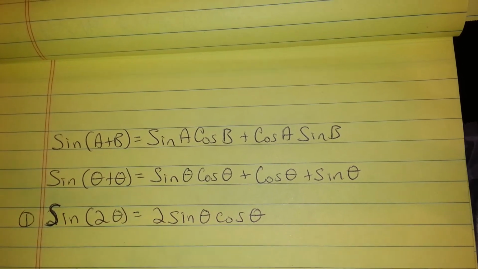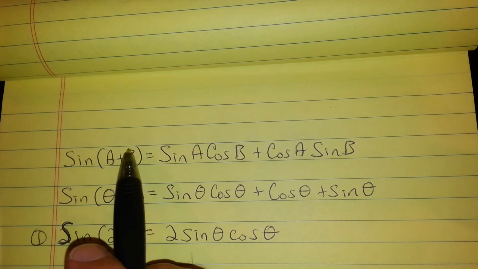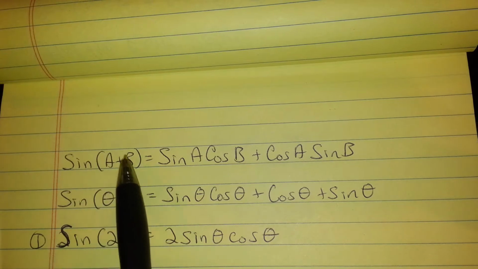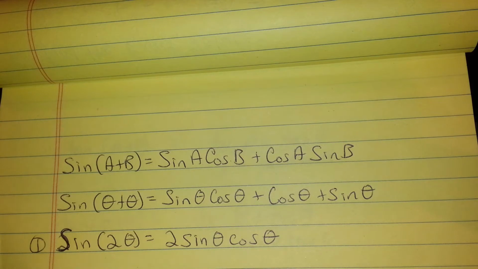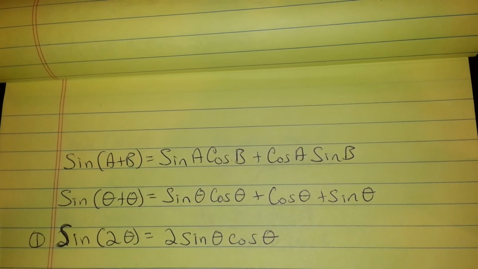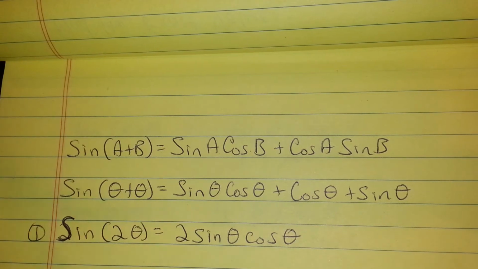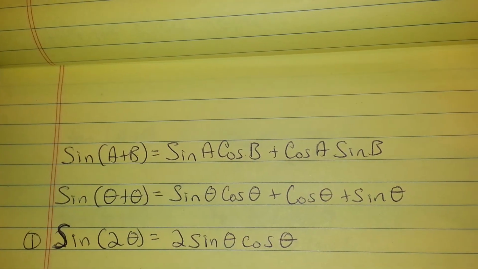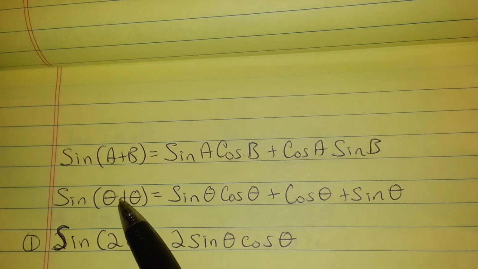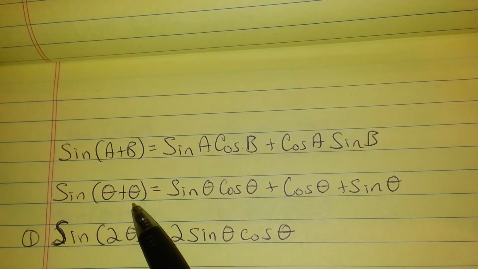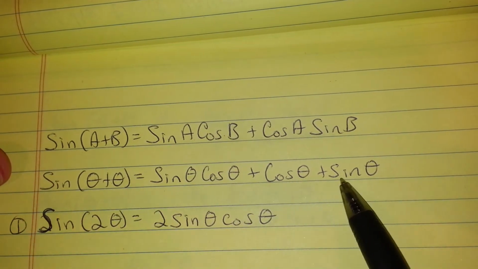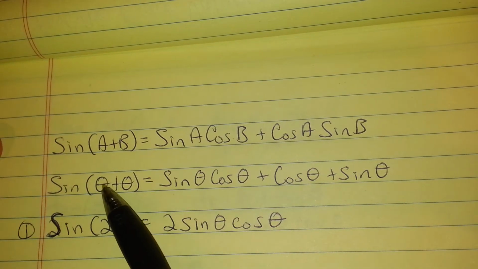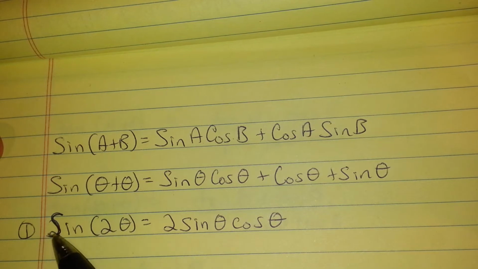Here's our sine of A plus B, the sum of angles. Sine of A plus B is sine A cosine B plus cosine A sine B. I talked to most of my classes today a little about this. Let's assume A and B are the same, theta and theta. So I can say sine of theta plus theta equals sine theta cosine theta plus cosine theta sine theta. Well, theta plus theta is 2 theta, so this is our first